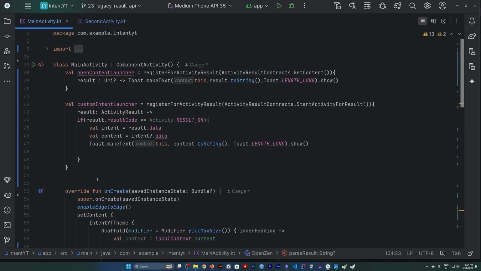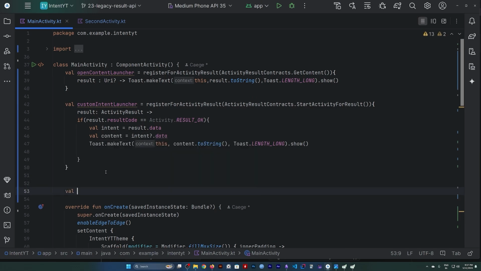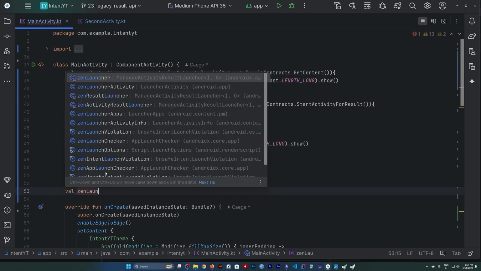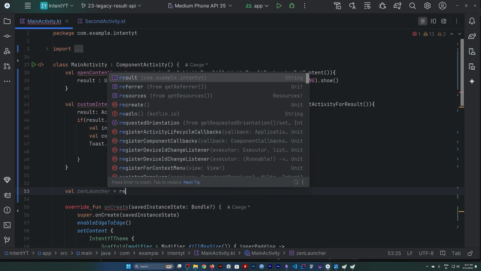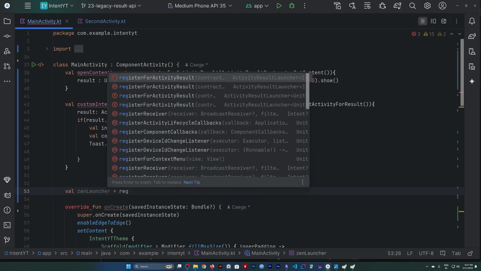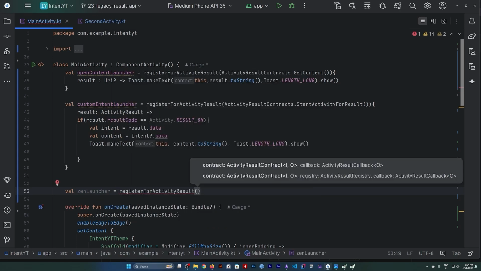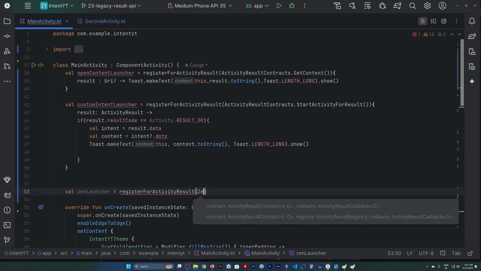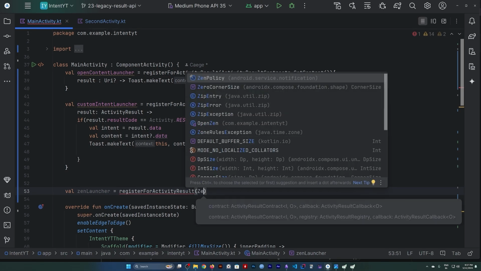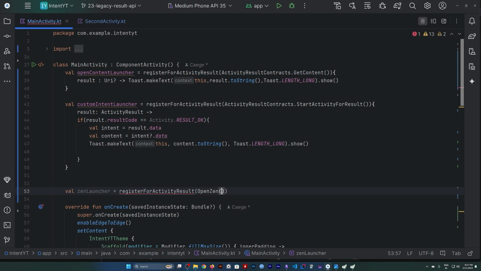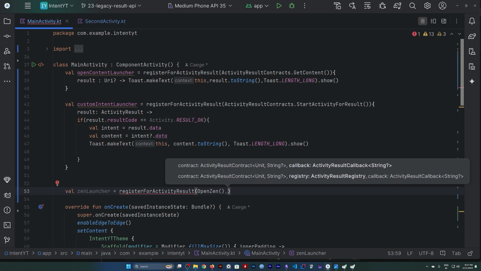Let's use this. I'm gonna call this zenLauncher. Let's use registerForActivityResult. For the contract, we need to use the OpenZen contract, and we need to invoke it. For the callback, if you look at the callback,